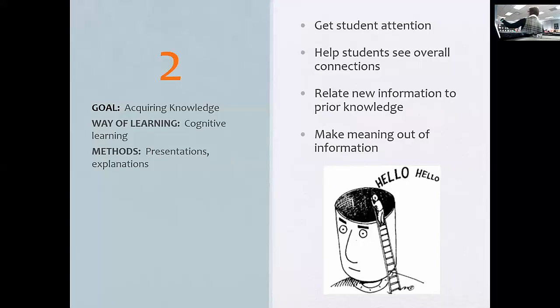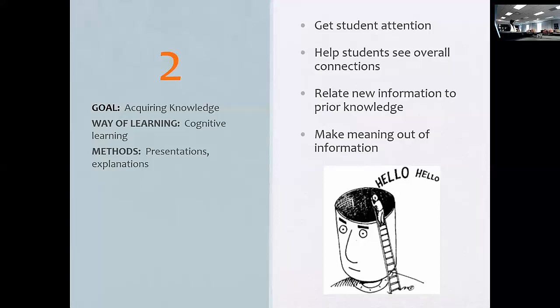Excellent. A few things, and then we're going to go on to number 3. Strategies to help your students see the overall connection, the discussion that Katie just had about how each system is related. It sounds like your strategies there are working and you're getting some excellent feedback on your exam. One thing I want to point out: in I would say 95% of the theories that have been concocted about how people come to know things, 95% of them support relating new information to prior information.